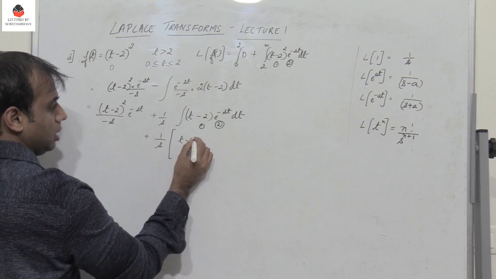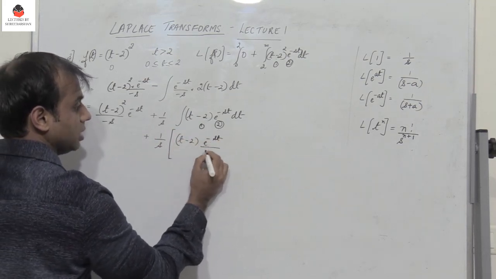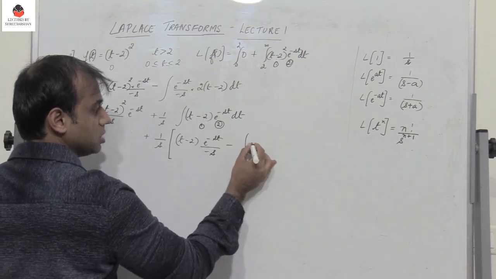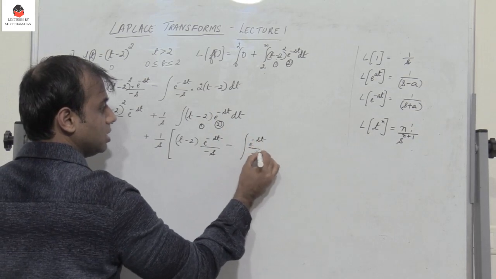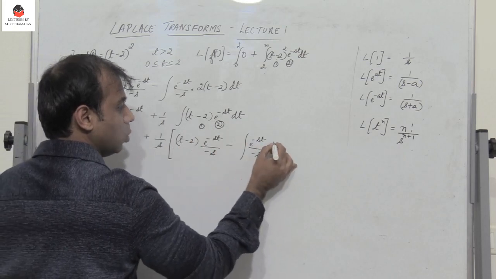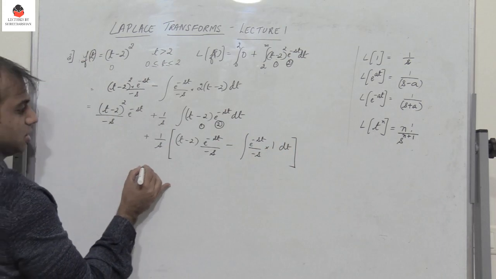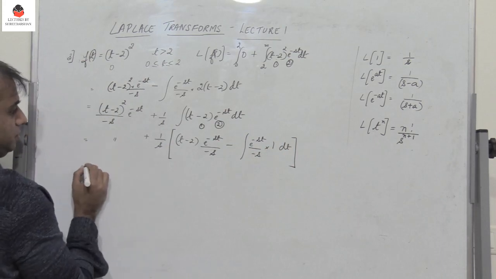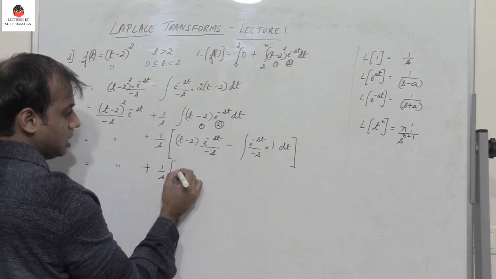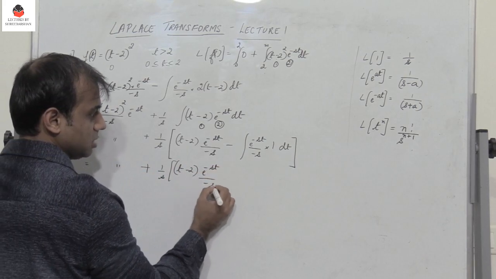into the integral of the second function, which is e power minus st by minus s, minus the integral of the second function, which is e power minus st by minus s, into the differential of the first function. The differential of (t minus 2) is 1 dt. So this remains as it is, plus 1 by s, (t minus 2) into e power minus st by minus s,